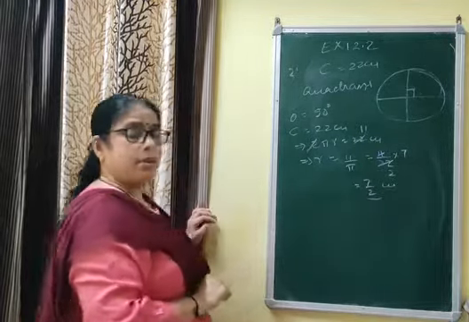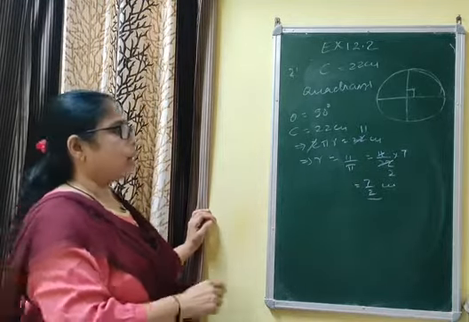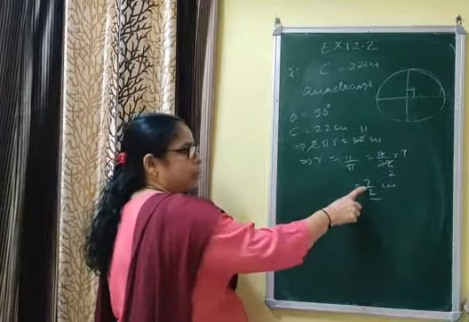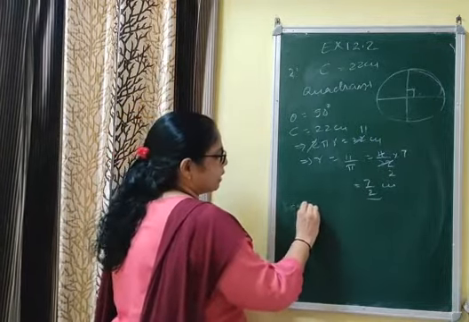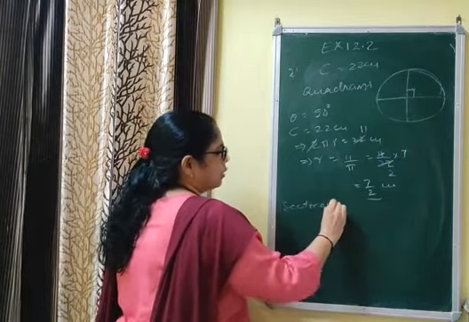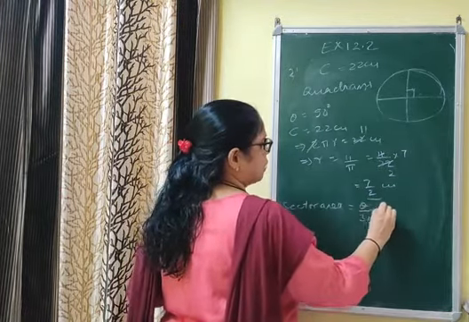यहाँ आपको r = 7 by 2 मिल गया. अगर आपको क्वेश्चन में पाई लेने को कुछ नहीं कहा गया, लेकिन यहाँ r = 7 by 2, multiple of 7 आ गया, तो आप पाई का वैल्यू 22 by 7 ले सकते हैं. Now sector area. In each question, write the formula, that is very important.